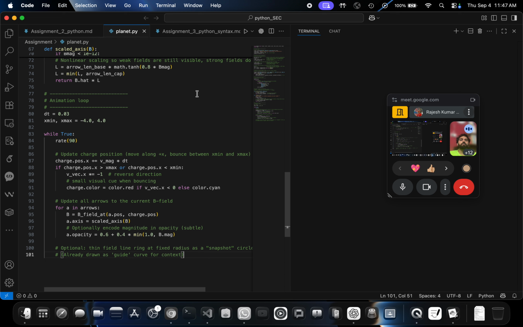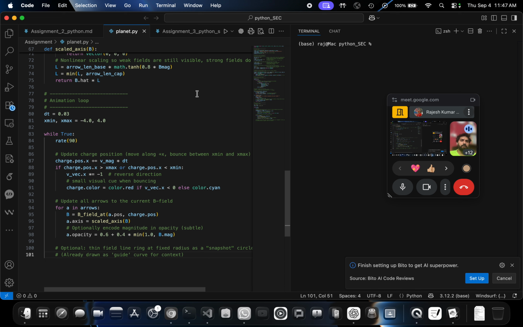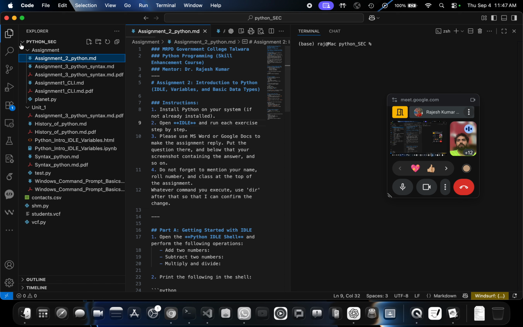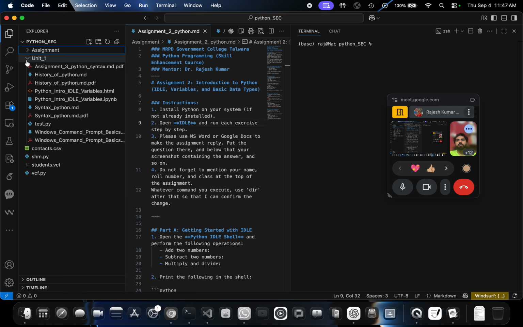VS Code is an IDE, integrated development environment, like a text editor with the compiler integrated to it. So I write something on the left and it shows me something on the right. Let me give you some example. Don't get traumatized by different things being said. These are very simple things.